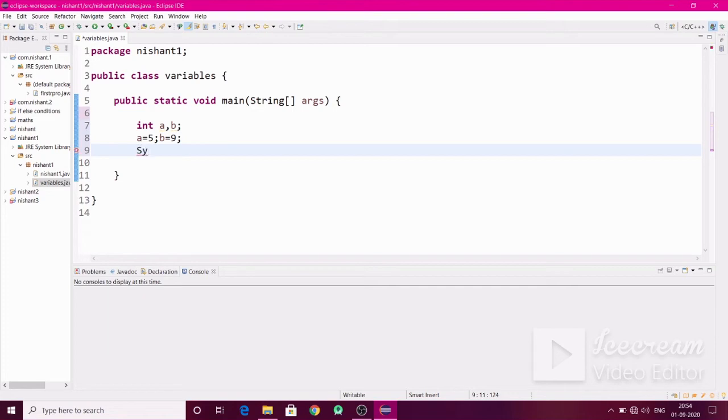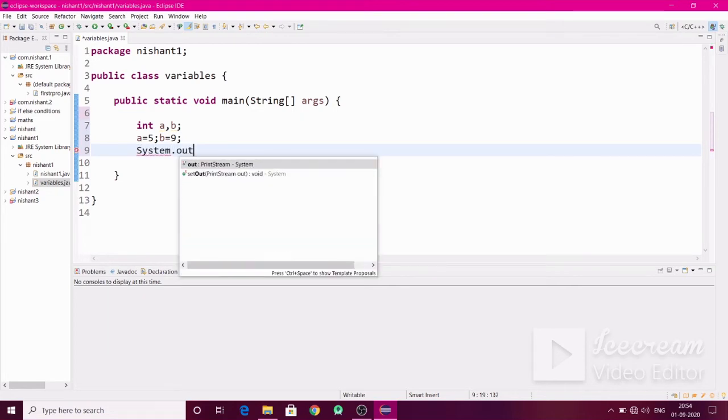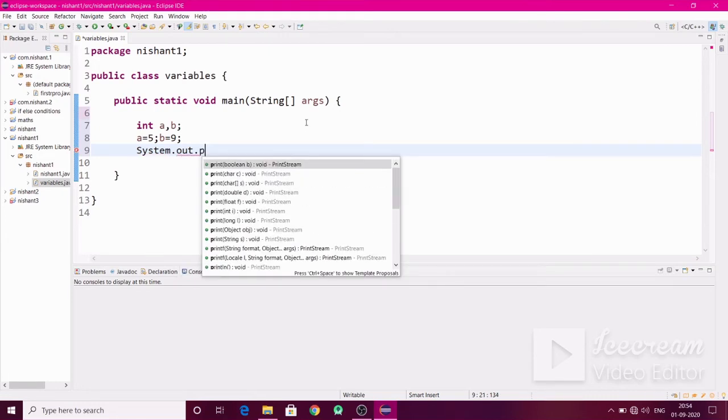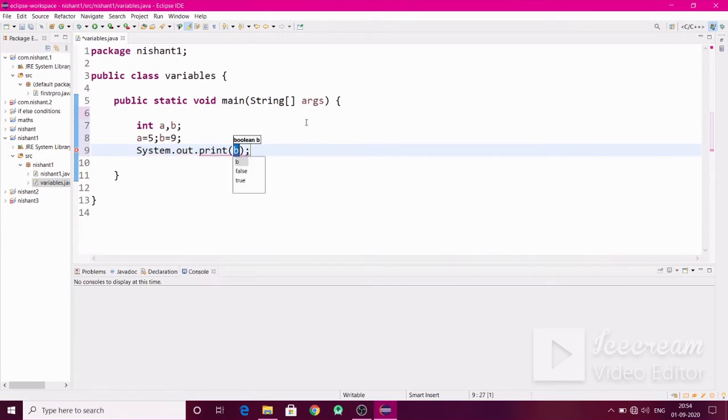So to print it, type System.out.println. Here ln indicates that what you print will appear on a new line, and if you write only System.out.print, it will be printed on the same line.